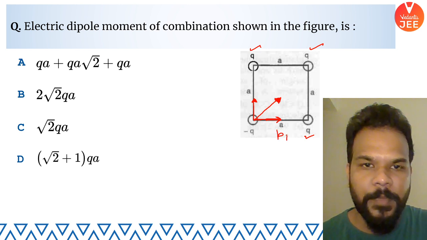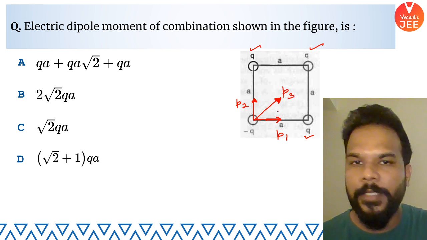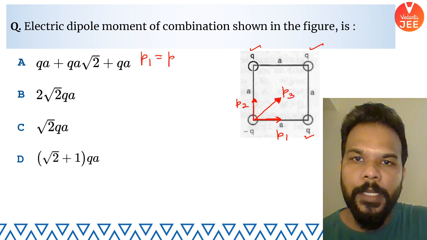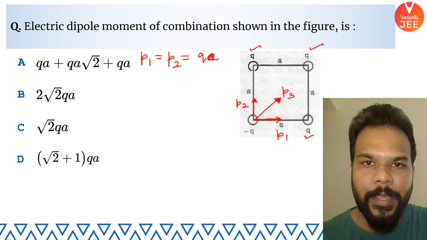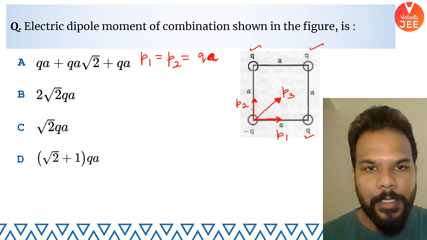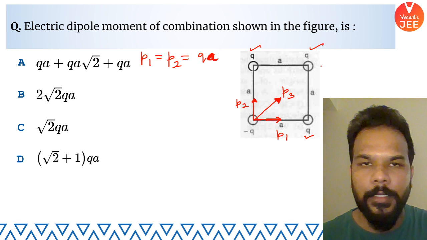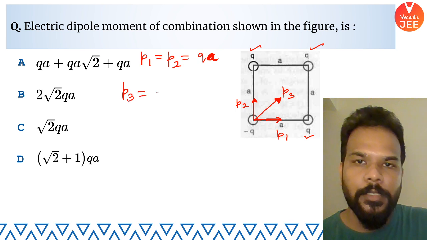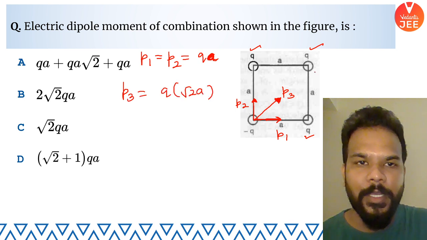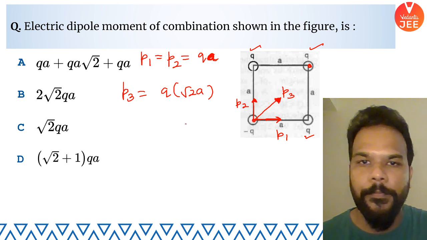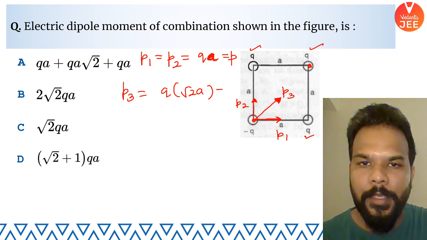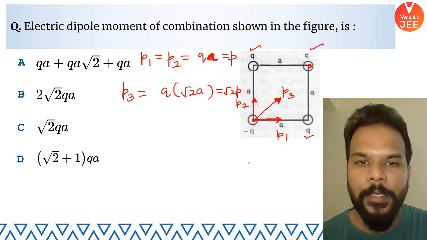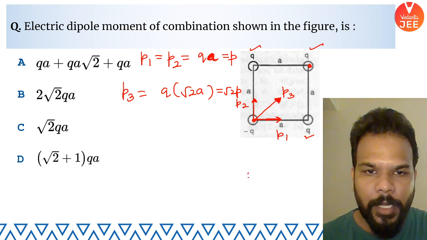So if we say this is P1, this is P2 and this is P3, then you know that P1 and P2 will be equal in magnitude and will be equal to Q into a, right? That's basically the value of the dipole moment here. But if you look at the side of the diagonal, the diagonal, as you all know, is going to be root 2 a. So P3 is going to be Q into root 2 a, which is the separation between this charge and this charge. Okay. So guys, if I say that this is the dipole P1, P2 as P, and this dipole you can see is clearly root 2 P,